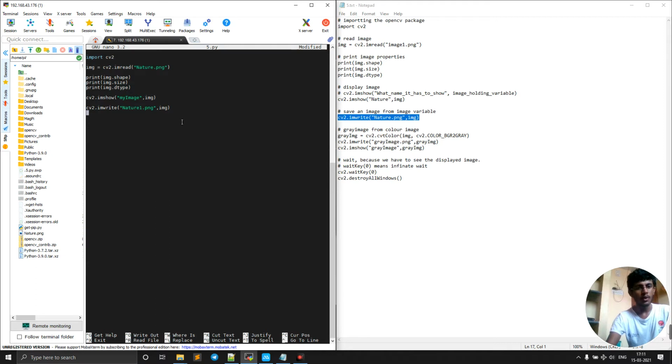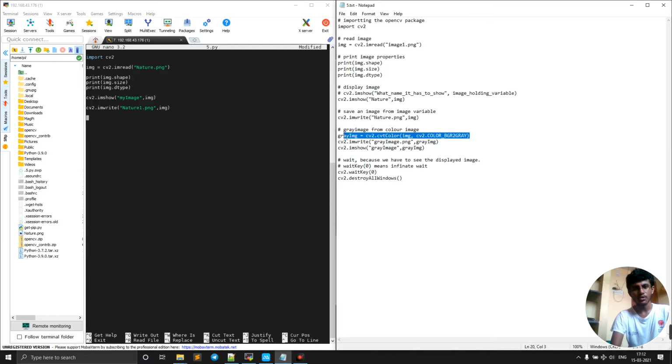And if you want to convert to the grayscale image, then we have another syntax. Don't worry about these syntaxes, you will find them on the official website, and anyway I'm going to share this file. So gray_image equal to cv2.cvtColor, then our variable, which is image, then cv2.COLOR_BGR2GRAY. Sorry, not RGB, you need to remember this: BGR to gray. That is the syntax, BGR to gray.